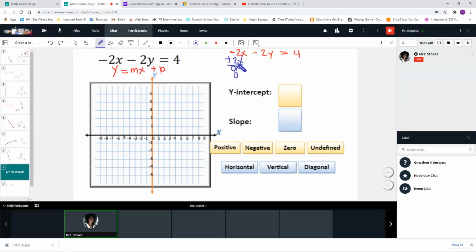So it cancels out on the left, but because we have an equal sign, whatever we do to the left, we have to do to the right, okay? So I'm going to add that 2x over here. Now notice, I am not going to combine 4 plus 2x because they're not the same type of term. In order for me to combine them, it would have had to be 4x plus 2x. Then I can say I have 6 x's, okay? But it doesn't say that, so they just hang out together, okay? So now that this is gone,